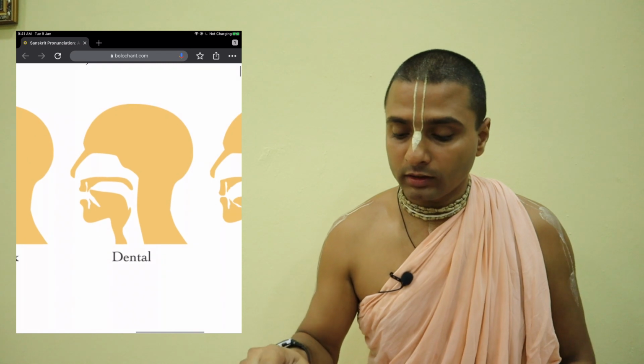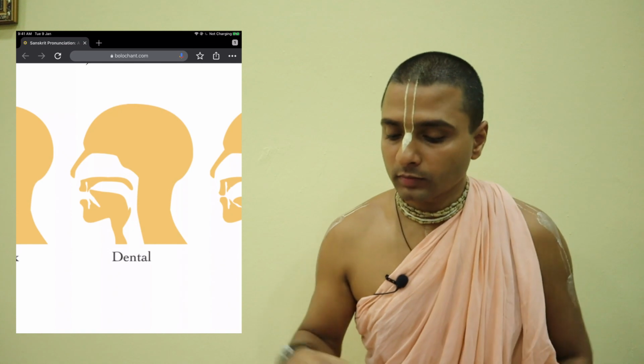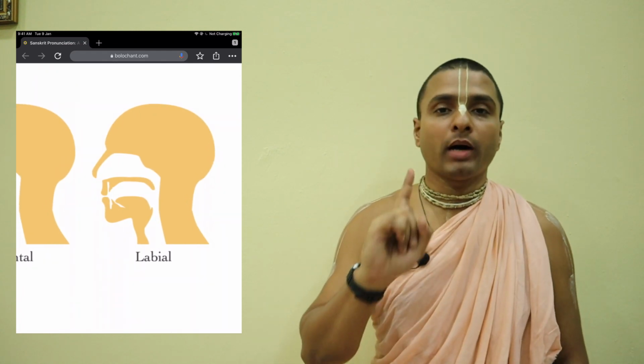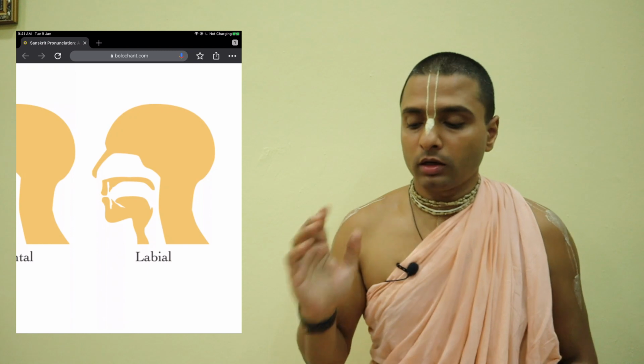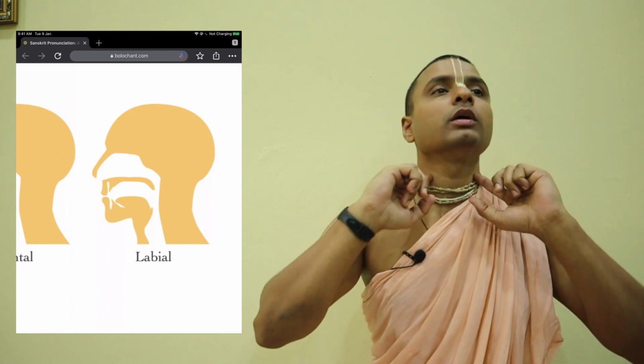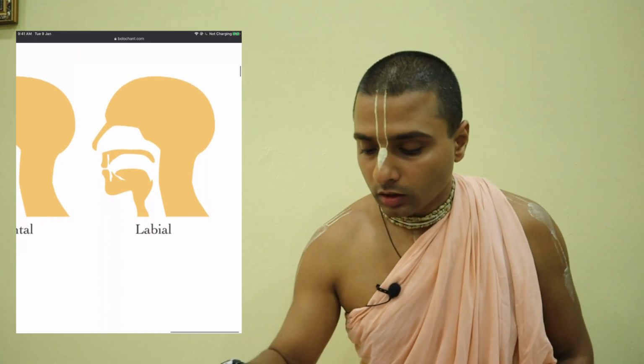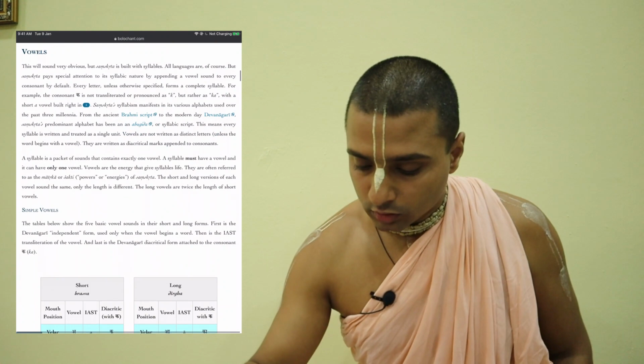And then here the dental, you see the teeth. The tongue is touching right at the base of the teeth, where the teeth join the gum: ta, tha, da, dha, na. So all of it is coming from there. And then there is labial: pa, pha, ba, bha, ma. So the order of the alphabets is from here all the way to here. So now let's go to the